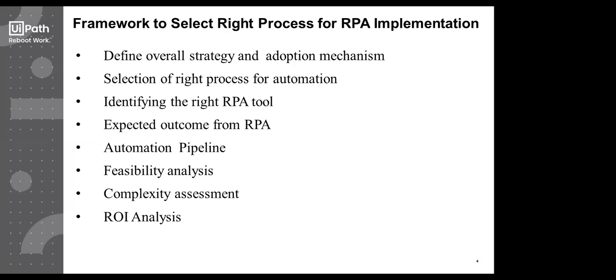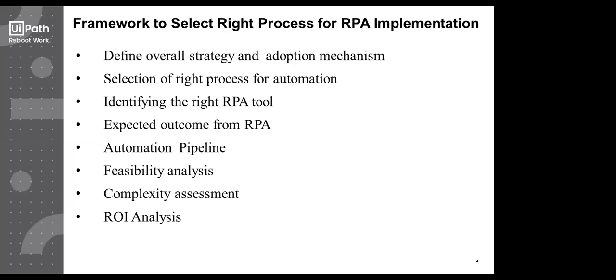Because we have UiPath with AI Fabric, maybe you would want to go with that because it's much easier if you use that. Or if a tool offers AI capabilities, but training the model and integrating it becomes very difficult, and there is a tool which offers the ease as well, then also you would want to go with that tool. So depending on what your process requires, you identify the right RPA tool, and then you pick up that RPA tool.